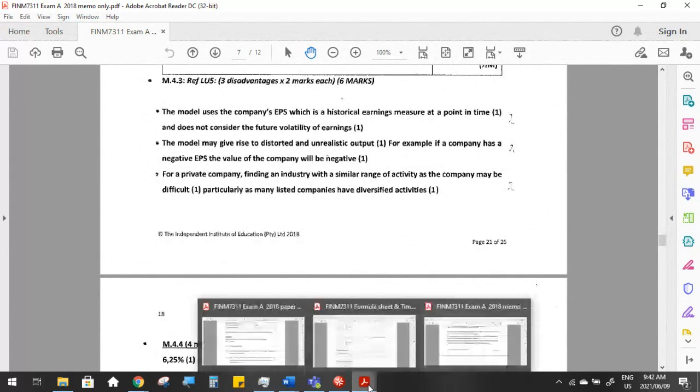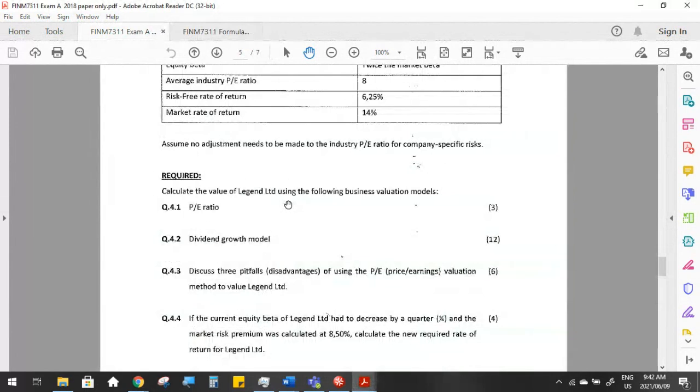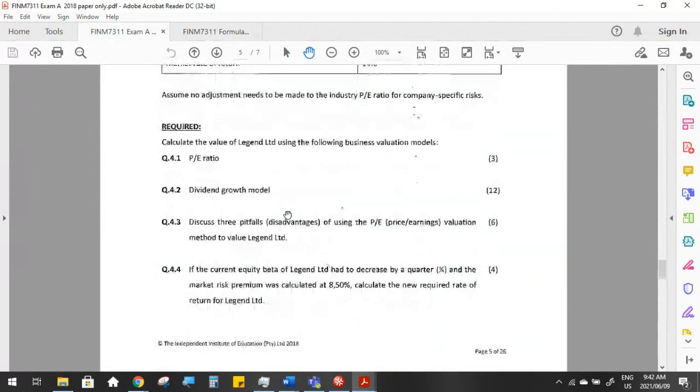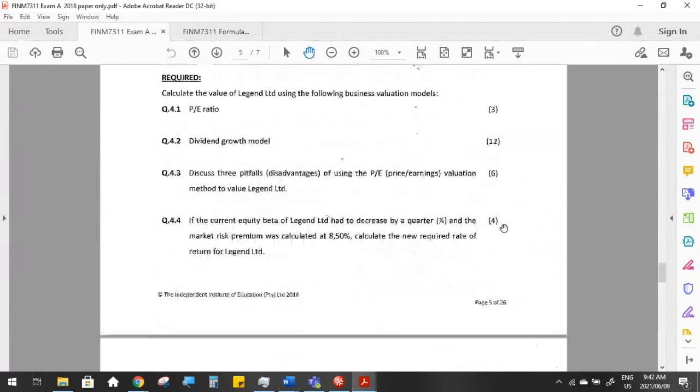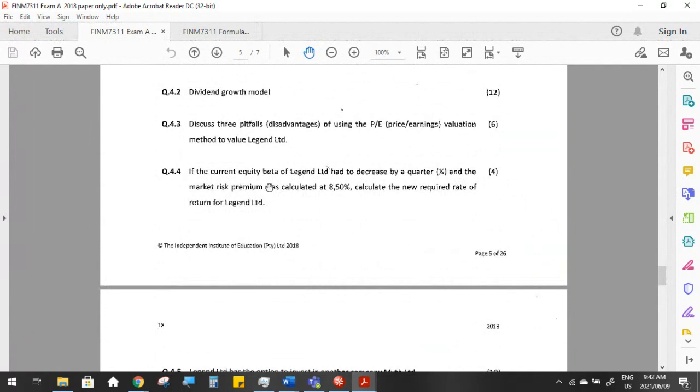And then the last question was the theory for 6 marks: discuss pitfalls of the PE ratio. That comes straight out of the textbook learning objectives. And then for 4 marks, if the current equity beta of Legend Limited had to decrease by 1/4, so remember